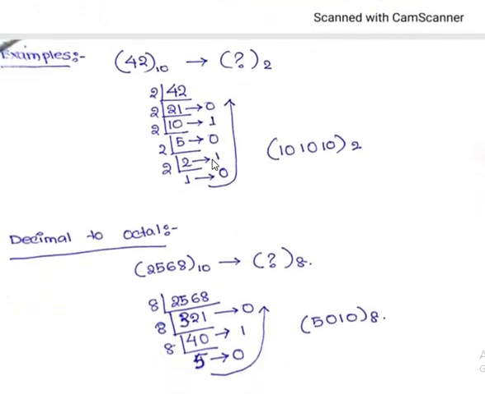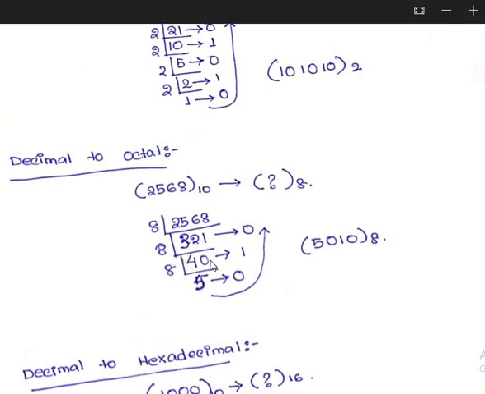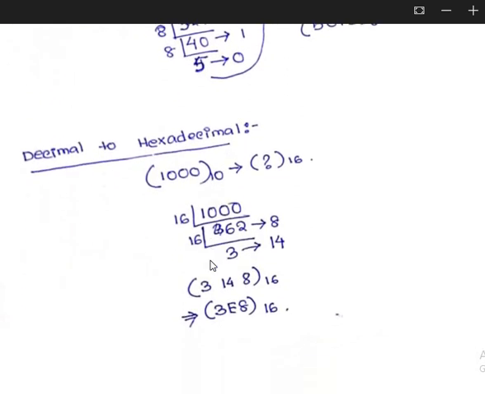Right? Now decimal to octal, same thing I have to do. Same process, but instead of using 2, here I will use 8 because I have to convert it to an octal number. So of course I will use 8 instead of 2. I will divide the number by 8. I will write the result over here and I will write the remainder using an arrow. Again I will divide the number by 8, write the result over here and write the remainder by using an arrow. Same way I will do whenever I convert a decimal to its hexadecimal.